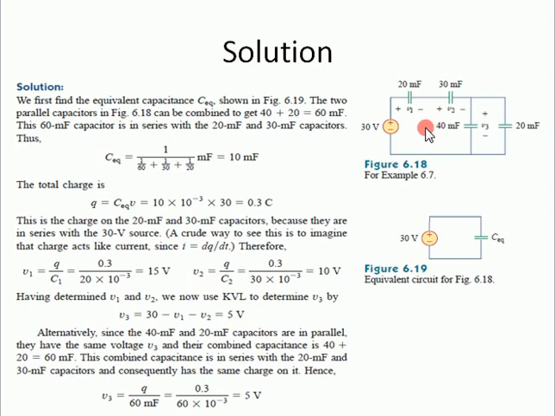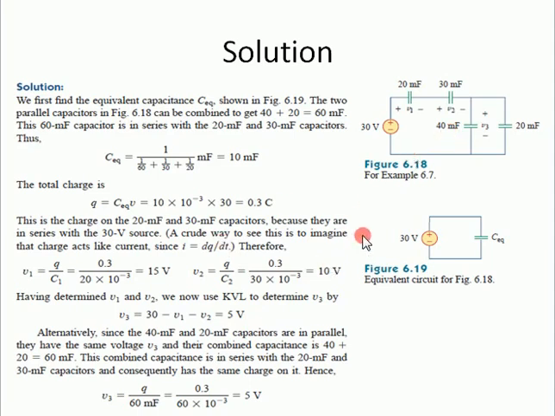Another thing you can also do, because this is a series circuit, you can apply the KVL here. So V3 is equal to 30 minus V1 minus V2. When we solve for it, then we will get the value of 5 volt here. So there are two methods here to find out the value of V3. You may choose any one of them, it is up to you. You may apply the KVL here, or you may simply apply the series circuit. And also you know that in a series circuit the charge remains the same. So the charge for this 60 millifarad will also be equal to 0.3 coulomb. So you can use it.